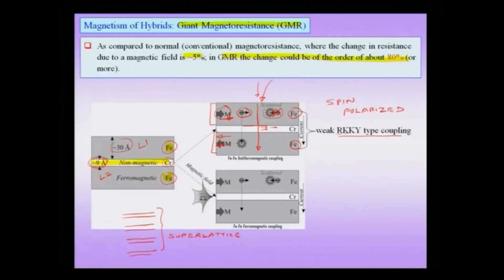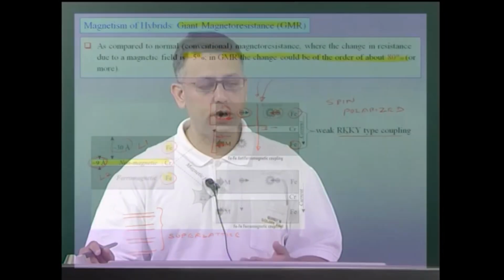The layer 2 will scatter all these electrons very strongly. In other words, you will have a high resistance state. So, this is very, very interesting. Now, I am producing a high resistance state just by antiferromagnetic coupling two layers using a spacer layer and using spin dependent scattering as a mechanism for increase in resistance. So, you have a high resistance state in the absence of any external magnetic field.